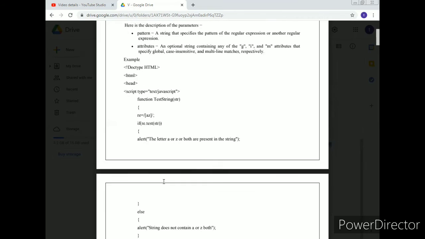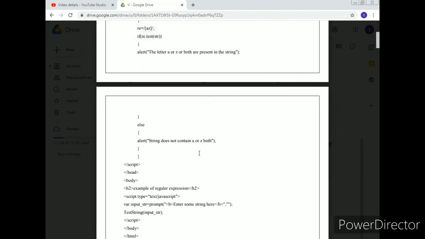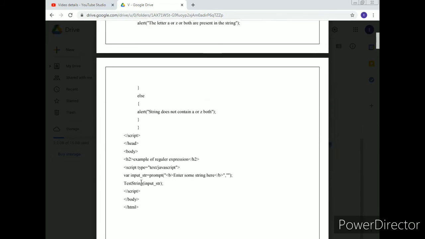For example, here we check whether the letters A and Z are both present in the string, or the string does not contain A or Z. I'm giving some text there. If the user enters some text in your text box, it checks whether the input contains those characters or not.